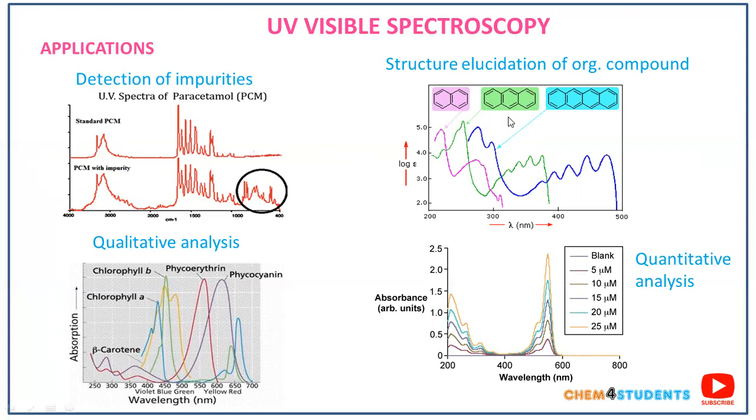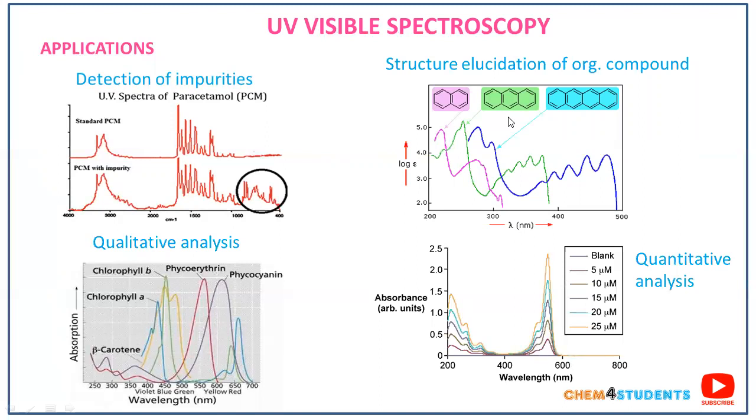So when the kinetics of the reaction change, let's say, for example, the first order reaction produces one particular absorbance value, and second order kinetics produces another distinct wavelength range. So it depends upon the kinetics of that particular reaction. So we can easily study it by UV visible spectroscopy.